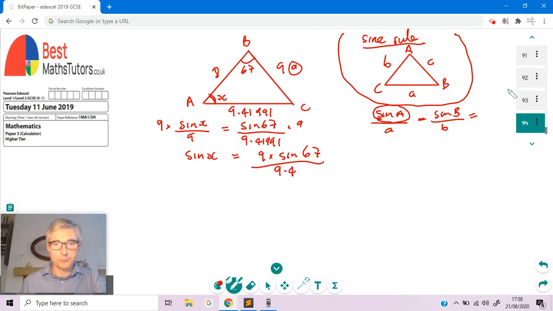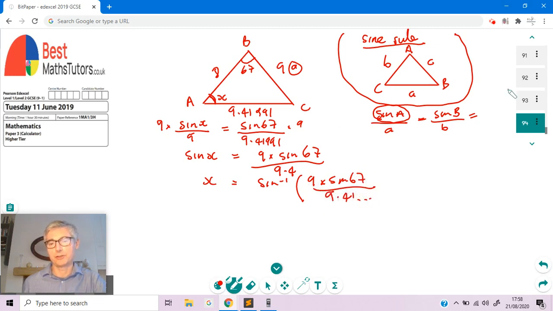Okay, just for writing it down, it doesn't mean I'm going to put it in as 9.4 into the calculator. So we're actually looking for x. So if we've got sine x equals that, then x itself is sine minus 1 of all of this. So it's sine minus 1 of 9 times sine 67 over the